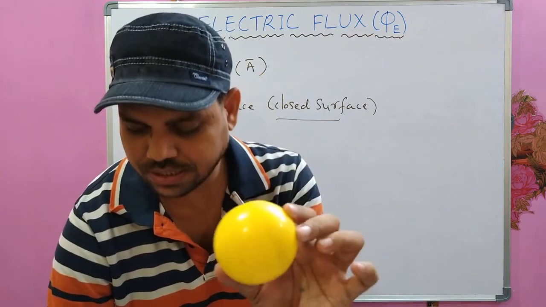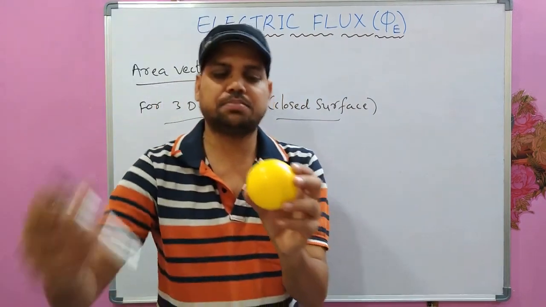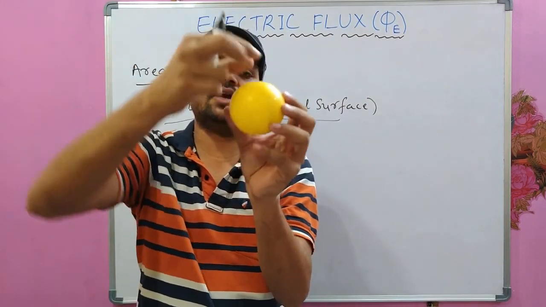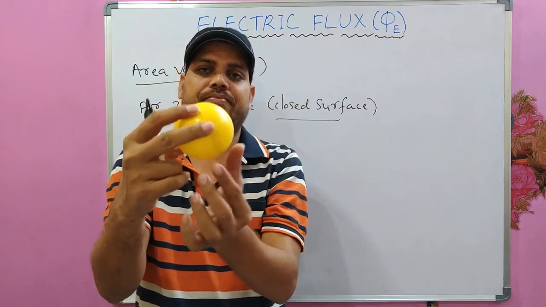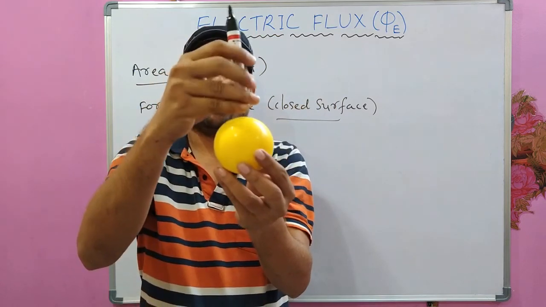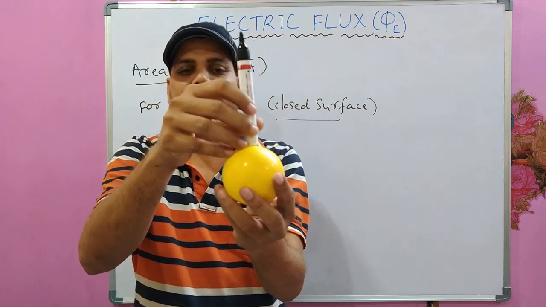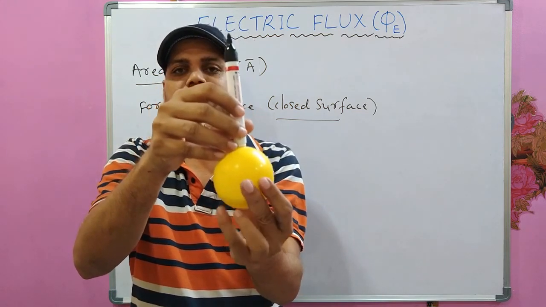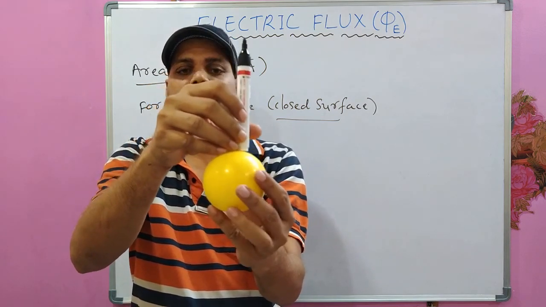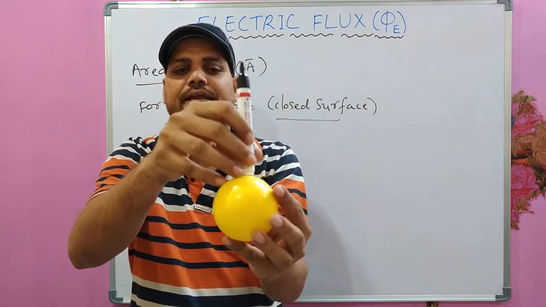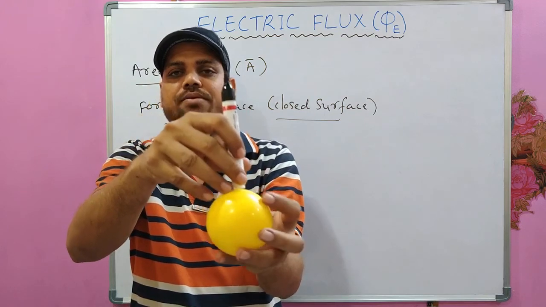See, direction of this sphere would be always perpendicular wherever you take. For example, if you divide this into different segments on the surface, then at each segment the area vector would be perpendicular to that surface, this way. Everywhere on the surface the area vector is perpendicular to the surface or plane of that surface.